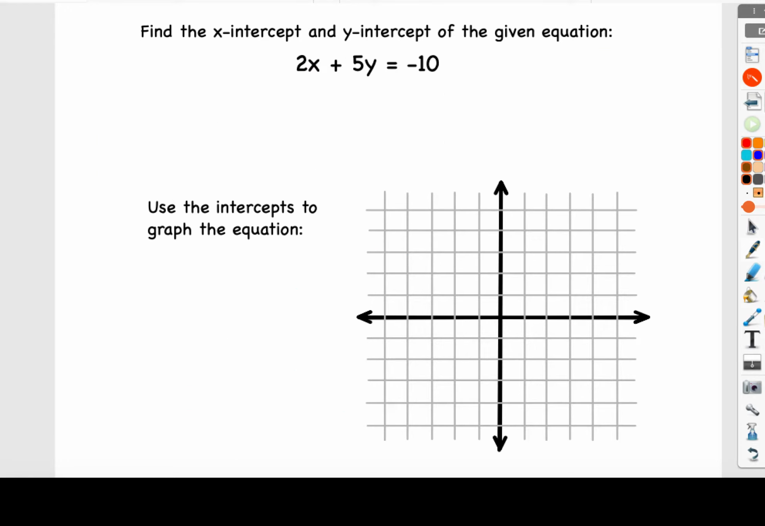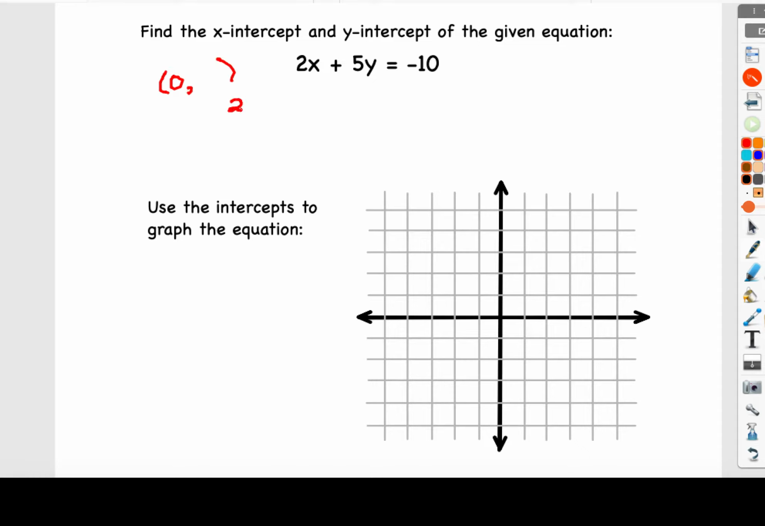So let's try one more example here real quick. We've got an equation up top. Notice it's in standard form. Again, x plus y equals constant. So this is a great chance for us to go ahead and find our intercepts. So let's use our intercepts to graph. Let's say if x were 0,